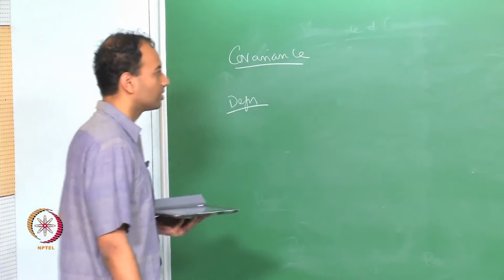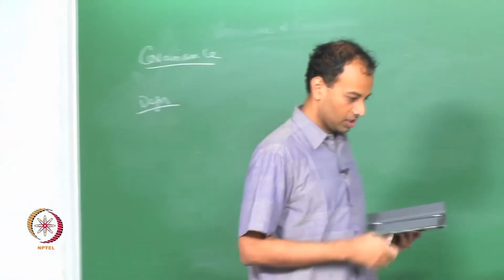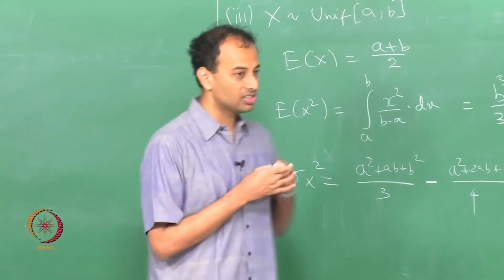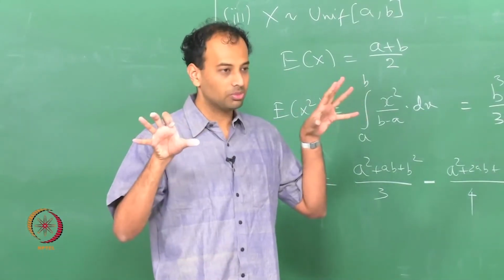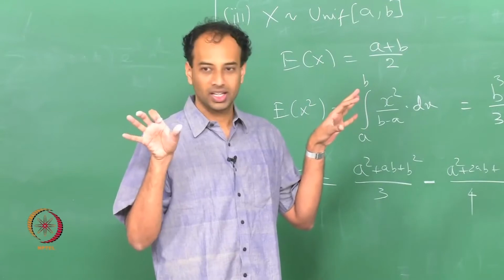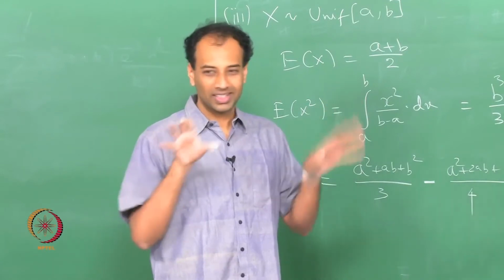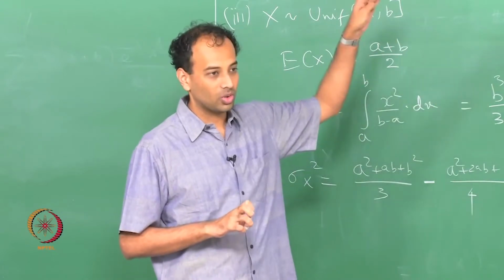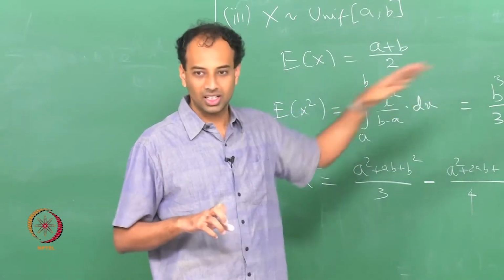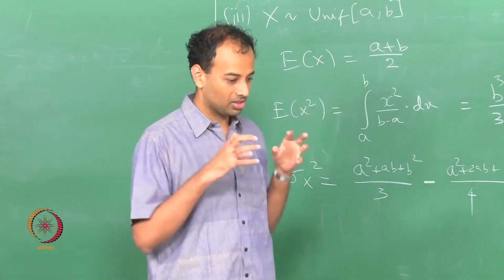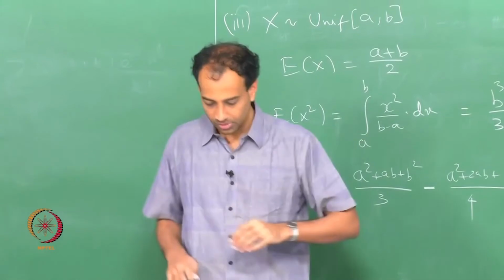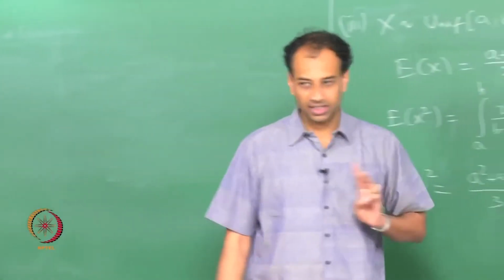So, this covariance is a number that measures how two random variables x and y jointly vary in some sense. The variance is defined only for one random variable x, and it captures how much variation around the expected value the random variable has. The covariance is defined for two random variables x and y, and it captures this.